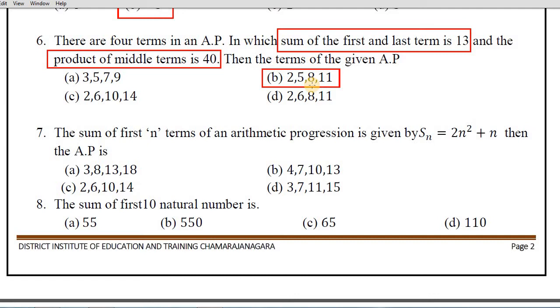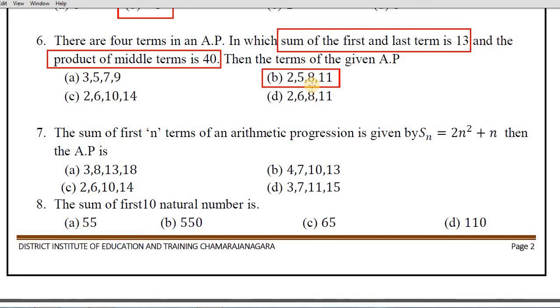In case you want to solve this problem in a proper way, meaning you want to use 4 consecutive terms, in my arithmetic progression multiple choice question video, I clearly explained that the 4 terms you want to take as a minus 3d, a minus d, a plus d, a plus 3d.